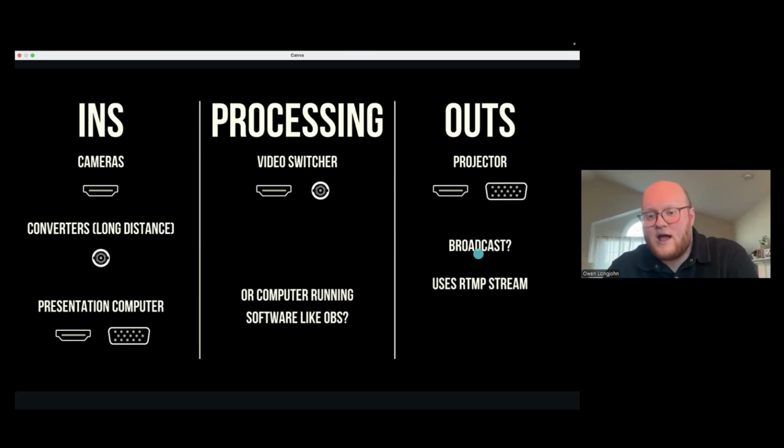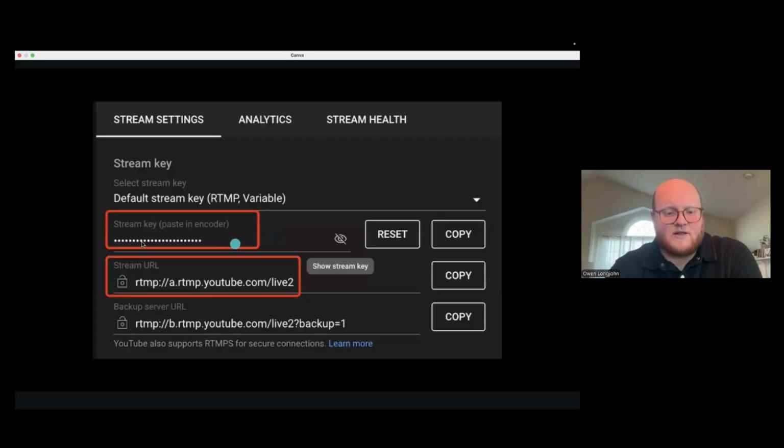If you are doing a live stream, usually that's sent to your website or your platform for your live stream using something called an RTMP stream. It's a Real-Time Messaging Protocol. So usually that looks something like this. I think this is the YouTube stream settings. But again, if you've been doing this for a little while, this is probably familiar to you, where you often have a stream key, which is almost like a password to keep your live stream secure, and then a stream URL.